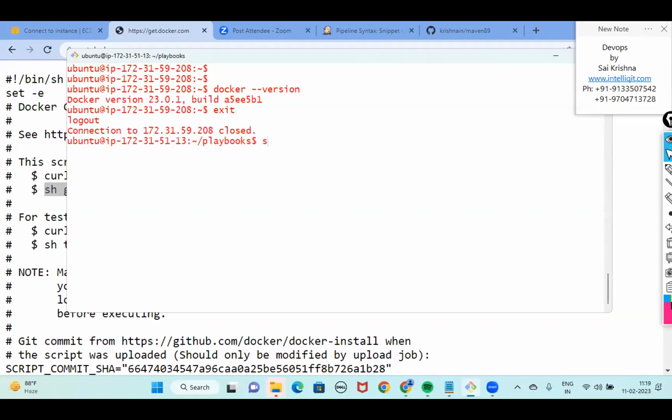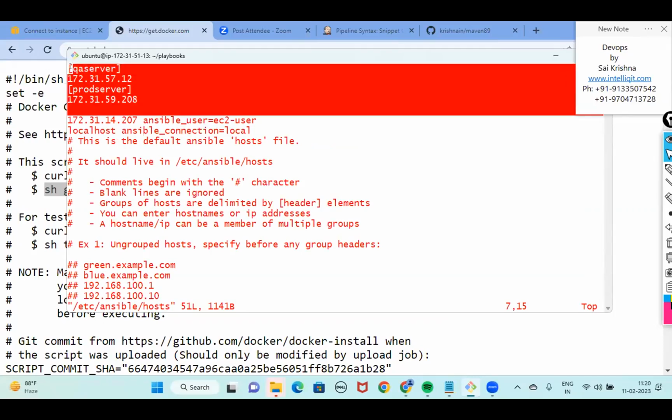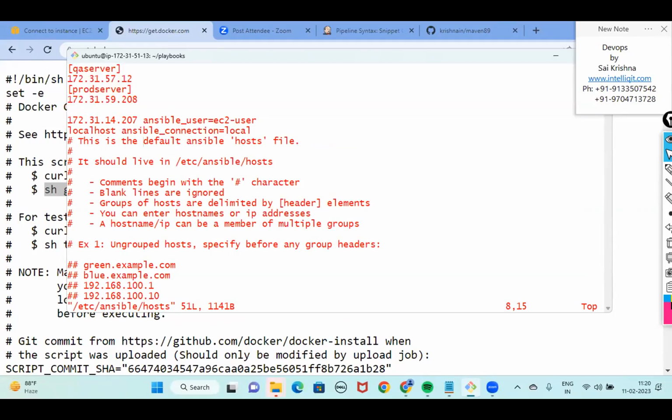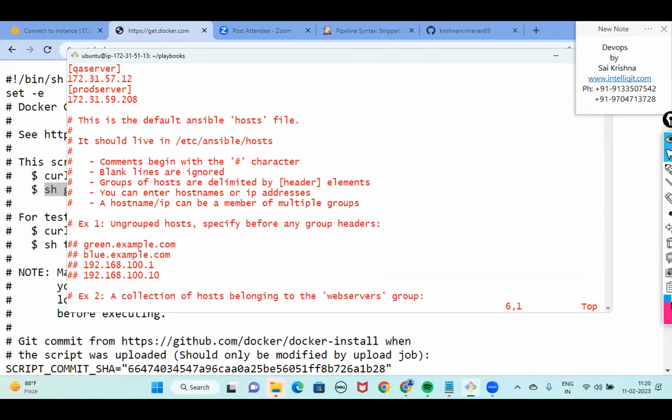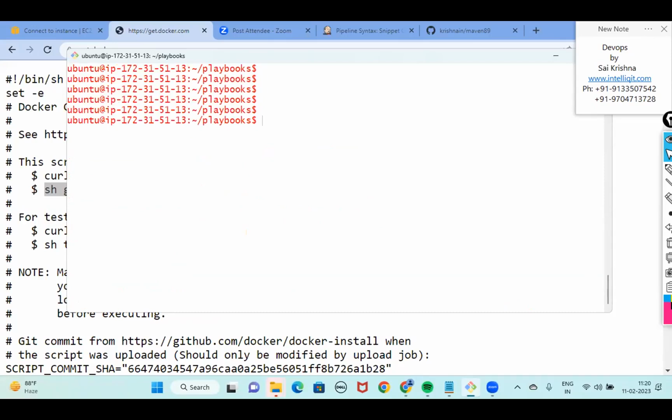But there's one mistake we are doing, that is in the inventory file. I'll just remove some unwanted stuff. Let's remove the remaining things. Localhost I don't want. So basically only 2 servers we have. Ansible is designed to now work on 2 servers. So what happened is we have created the necessary setup so that Ansible can start talking with Docker. Docker is installed and Docker-py is a communication channel between Ansible and Docker.